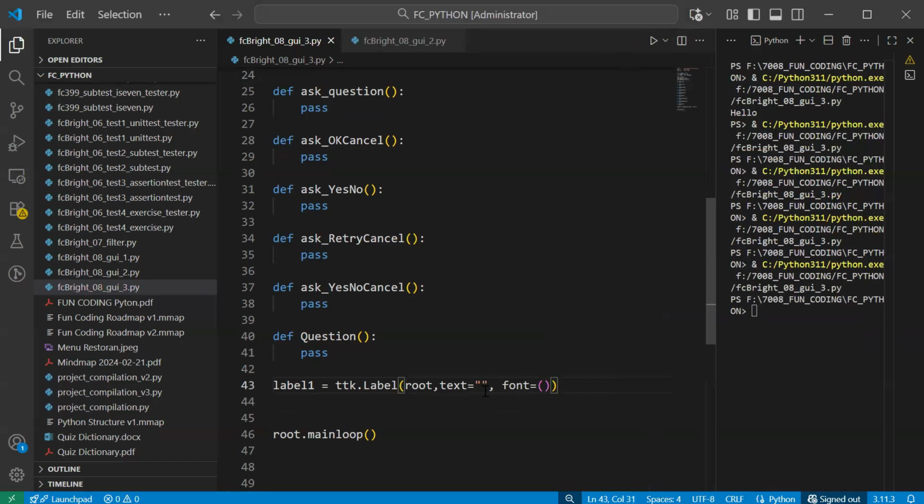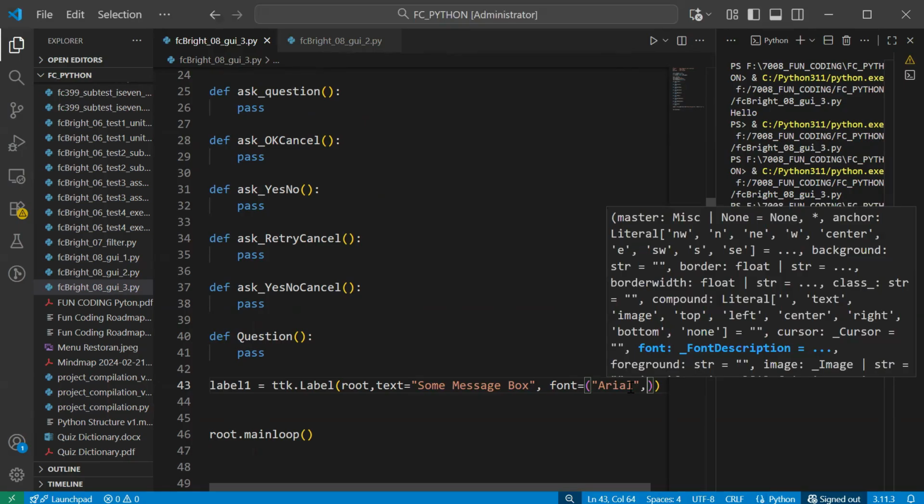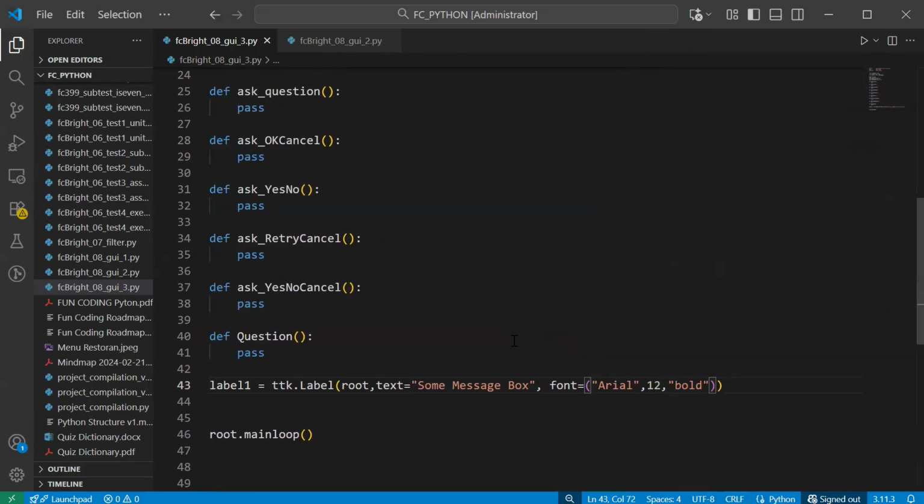And then you can put the label into the grid. Now for the text here, some message box message. In the font, you can specify Arial, and then the font size 12, and the type can be bold. Configuration, okay, try. After you specify the label, don't forget to put the label into the interface by calling the grid.